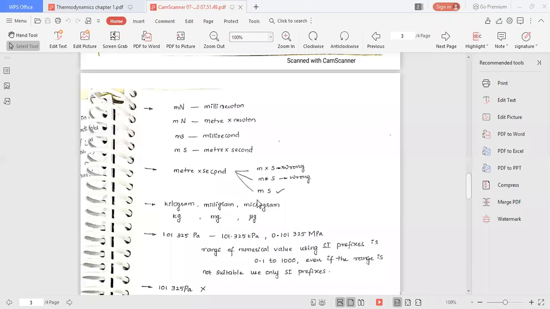Okay. Next, what is here? What is the gram symbol? Small g. Right now, I have used here kilo, milli, micro. This is an into form, right? Microgram is multiplication, so I have used no space. Between micro and g, there is no space, and between milli and g, there is no space. Same thing, kg. Most of the students will write this as a capital K, but this is wrong. You have to write only small k and small g.